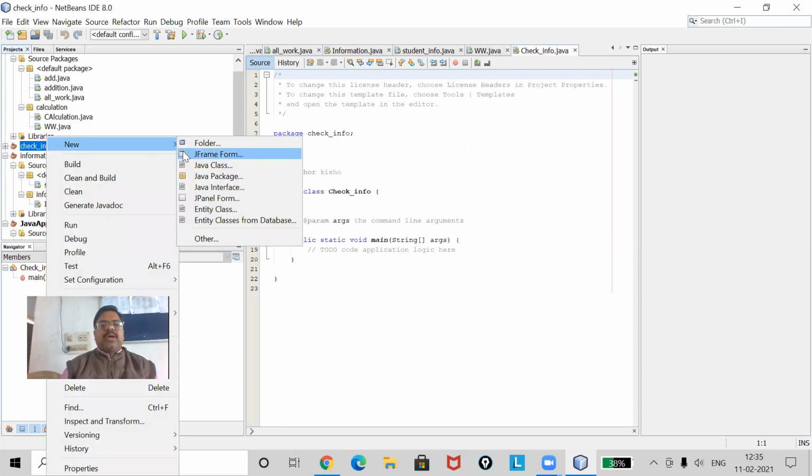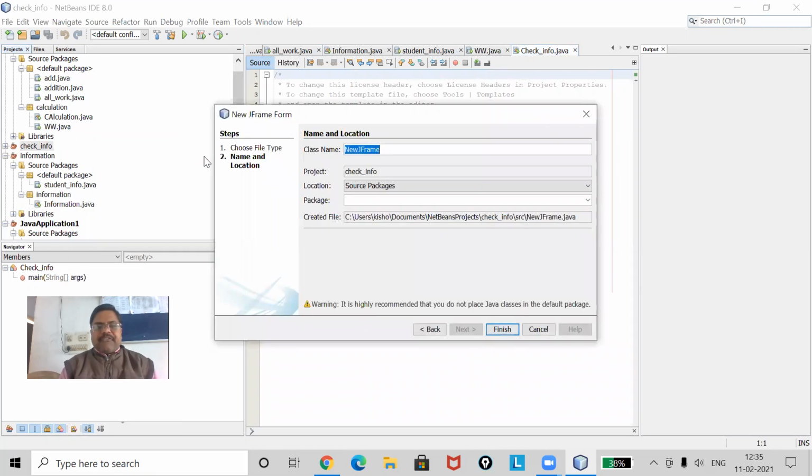I will go to new and then choose JFrame form. A frame window will appear. Here I'm going to give the title: check user and password.